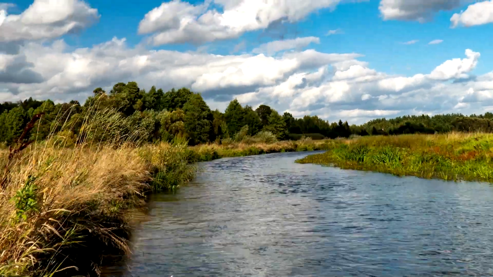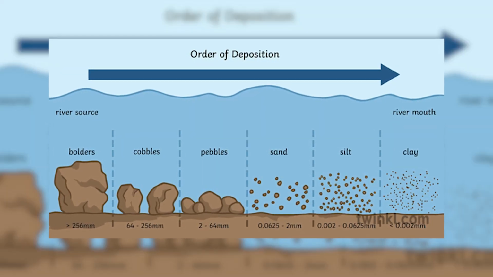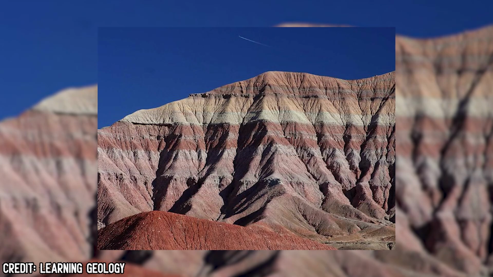One of the most important processes is weathering and erosion, which is when rocks break down into smaller particles due to mechanical or chemical processes. We covered these more in depth in my rock cycle video, so check that out if you're looking for a longer explanation. Another key process is transportation, which is when sediments are carried by rivers, glaciers, wind, or ocean currents. After transportation is deposition, which is when the transporting medium loses energy, sediments settle in layers, and they create strata